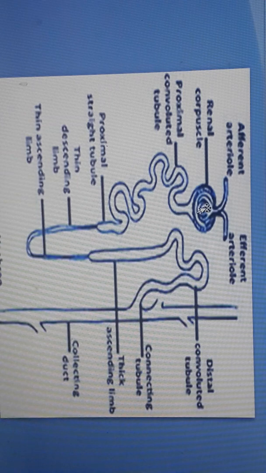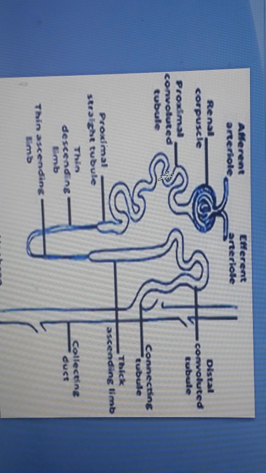The filtration of blood takes place in this Bowman capsule, and the filtrate is collected in this area, in the front area of the PCT. The filtrate along with the urea and uric acid contains glucose, amino acids, water. The large molecules like proteins, and blood cells like RBC, WBC, platelets remain in the blood vessels and they come out of the Bowman capsule through efferent arteriole.